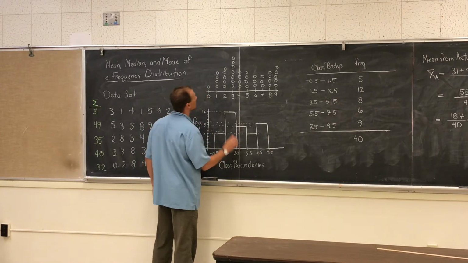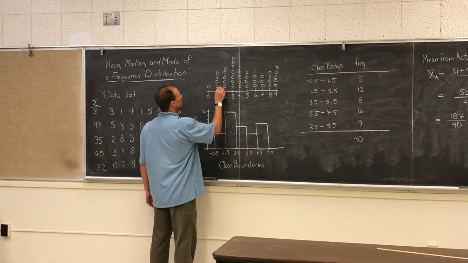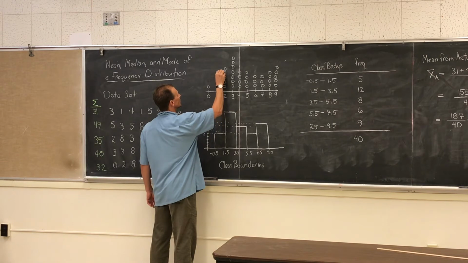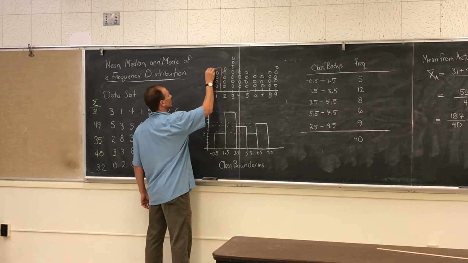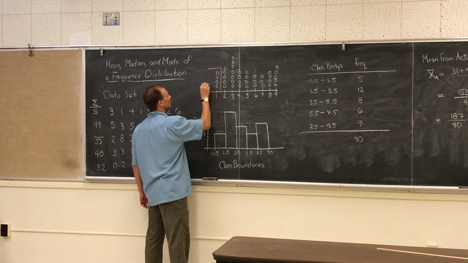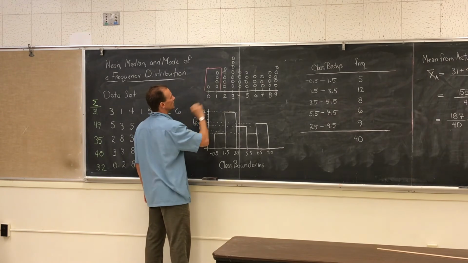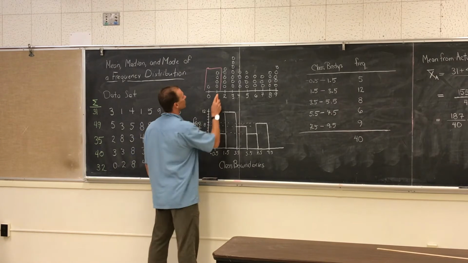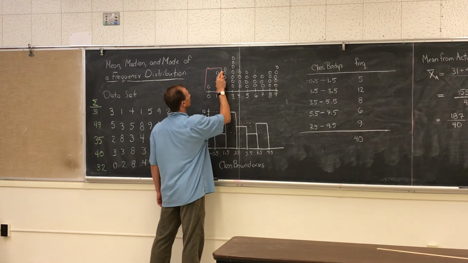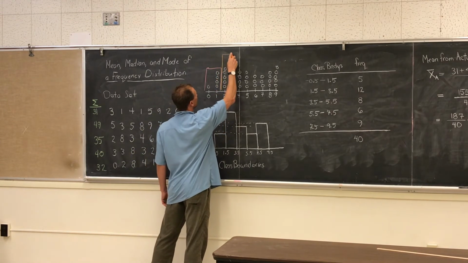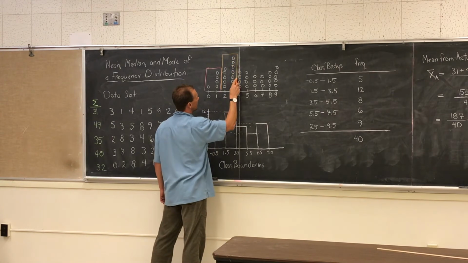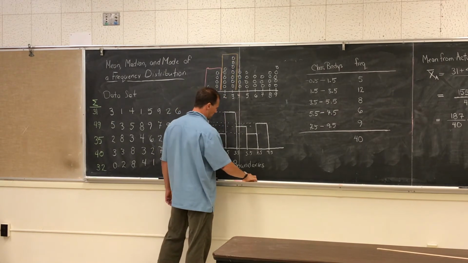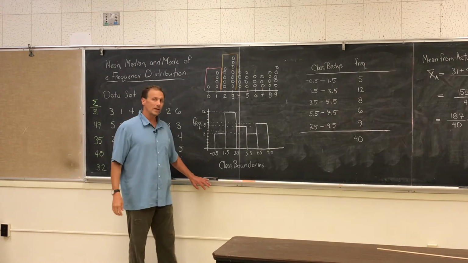Now let's use this pretty pink. Remember, we split this first, the zeros and the ones. We put those in this bin. We put the 2s and the 3s, and we put those in another bin. And so on, and we kept categorizing them in these different bins. What we do